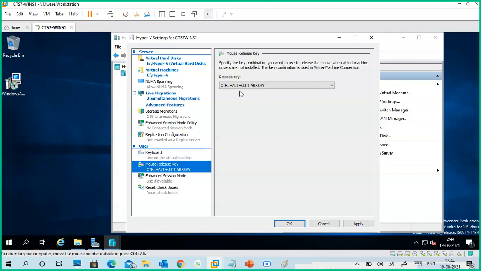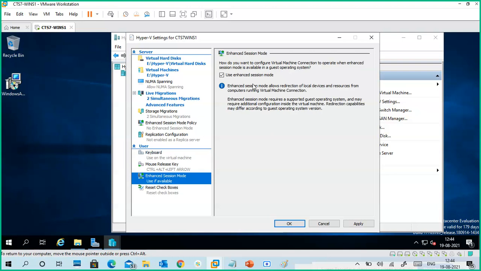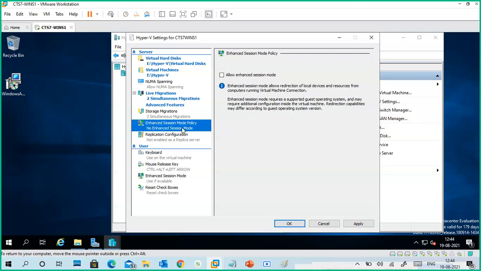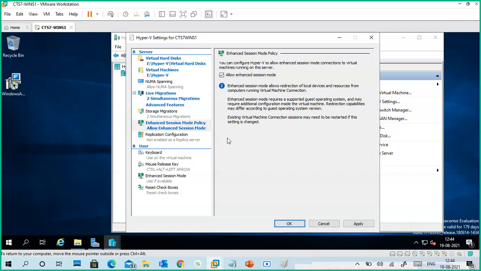Mouse release key: Alt+Ctrl+Left arrow for mouse release. Okay, enhanced session mode policy is also given. If you select this one, it is enabled, but it depends on your virtual machine and physical machine compatibility.